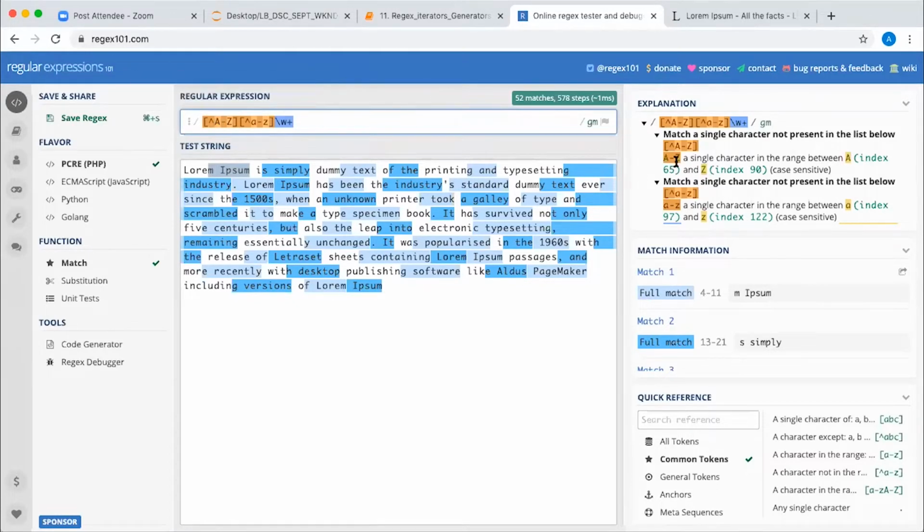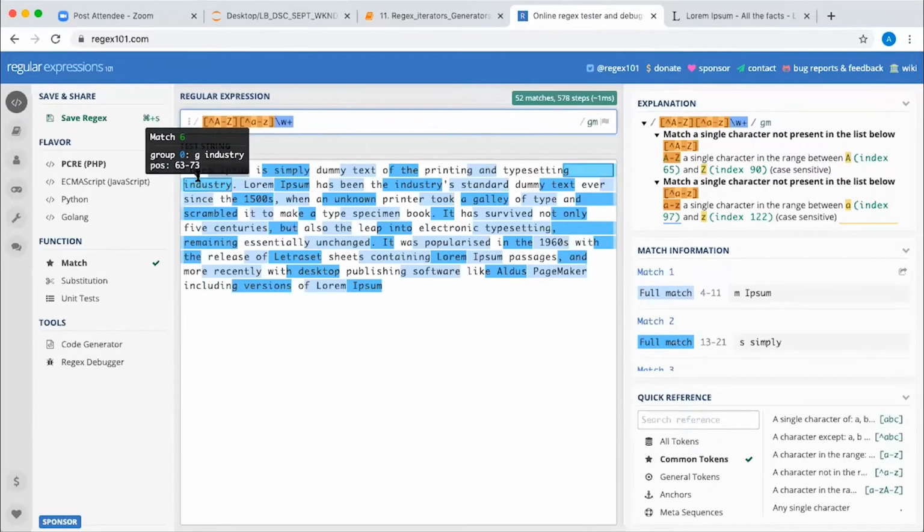Okay, so you can read it here. A to Z, a single character in the range between A and Z. With the caret, it matches a single character not present in the list below, A to Z. So if anything is coming from A to Z, it will not match. Similarly, for this a to z, it matches a single character not present in the list below.